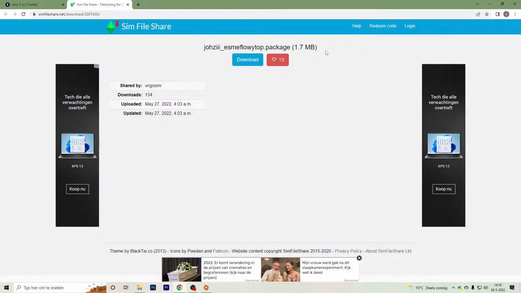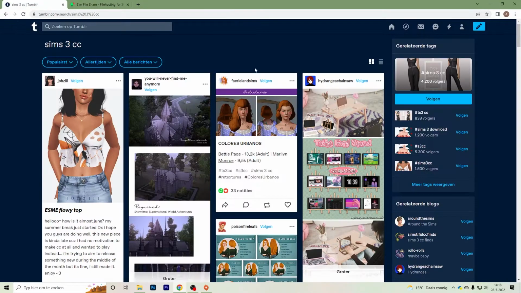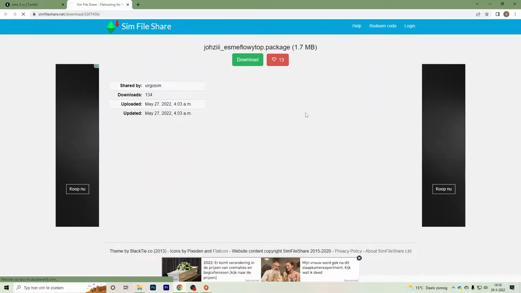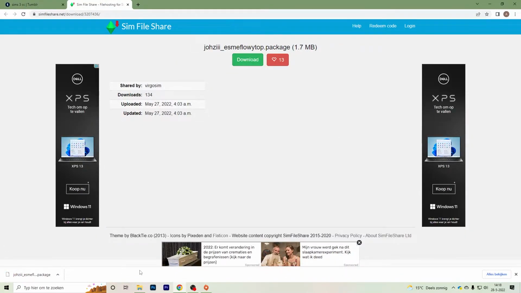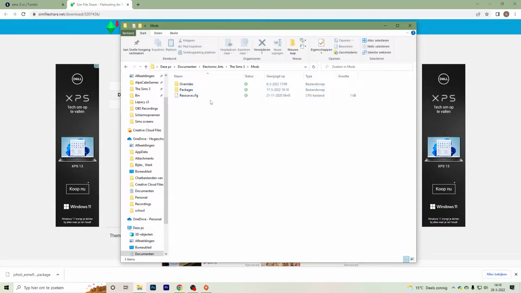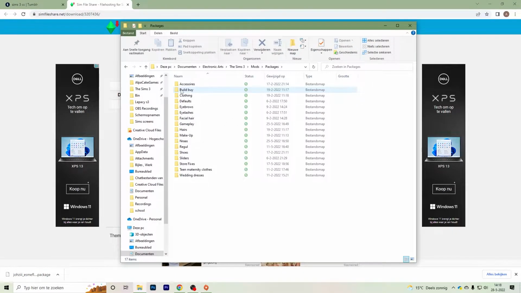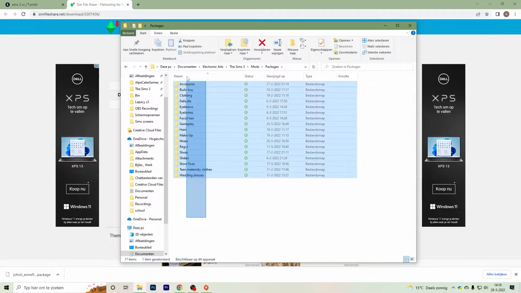So it usually pops up with a SimFileShare link that is totally safe. Others use Patreon. You can just go ahead and click download, and as you can see, we right here have now our package file. Now, if you have done all of this, you go right into packages, and I have